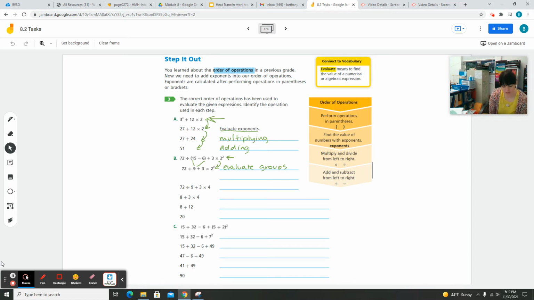Okay, now let's look at when we go from here to here. What's different? What's changing? Well, everything's the same except for that 2 to the second power goes to a 4. So what we did here is we evaluate exponents. Okay. And then what comes next? Well, I see that actually what we did between here and here,